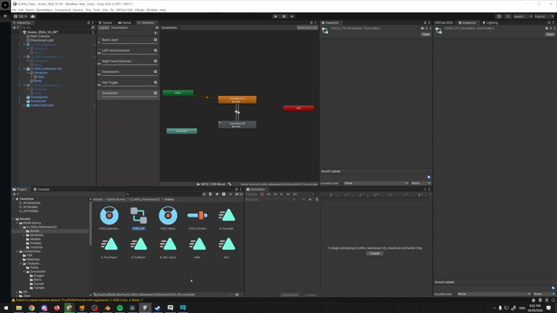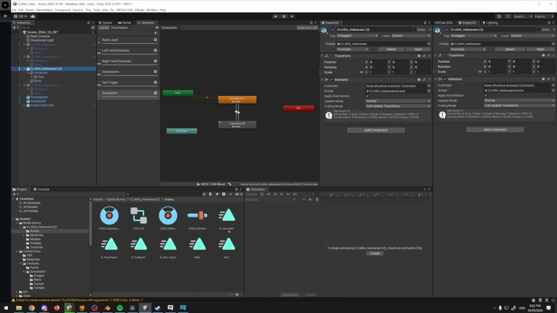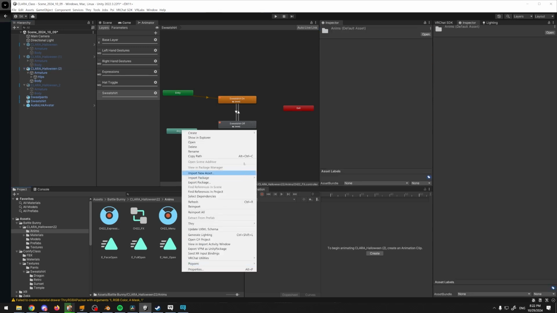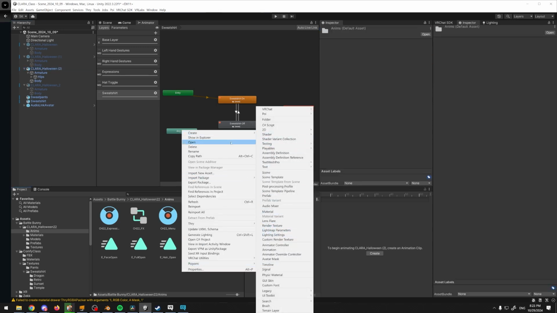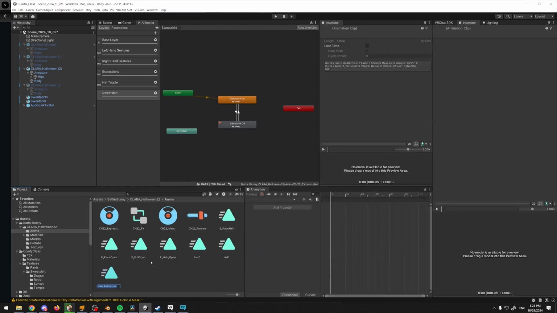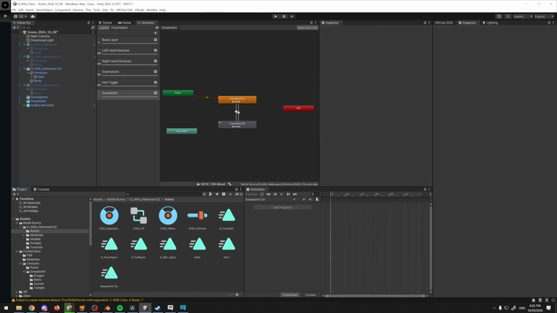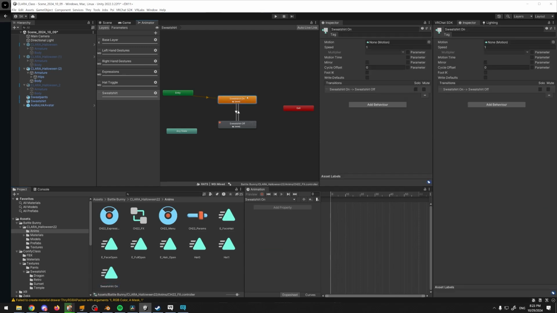To create a new animation, there's a couple of different ways we can handle it. One of the ways is by using this animation recorder down here and recording a new one. Another way is just by going over to create. Right-click, create animation, right there. If you want to create an animator controller, that's right up here as well. So I could create a new animation down here and call it sweatshirt on. And this is going to be the animation that gets run whenever we get to this state in our state